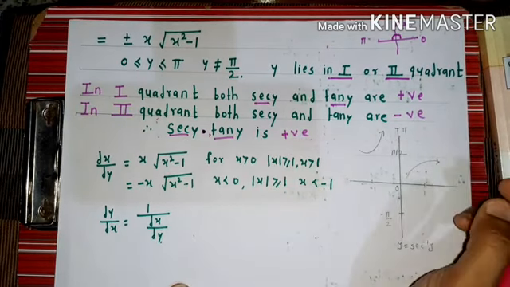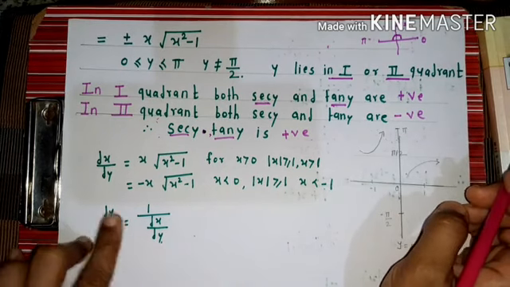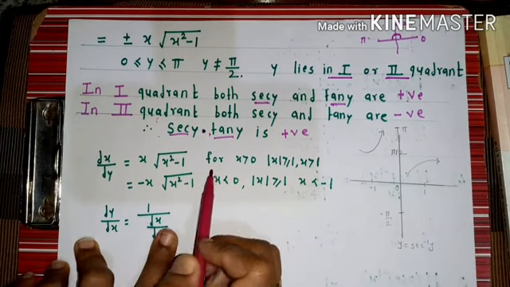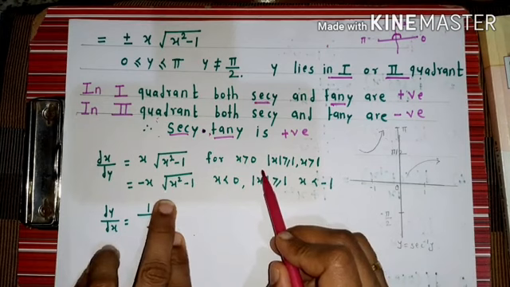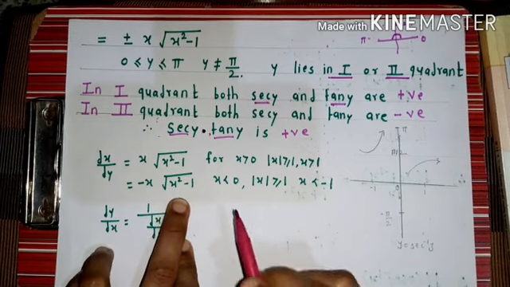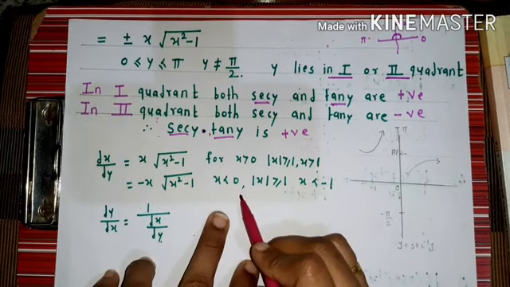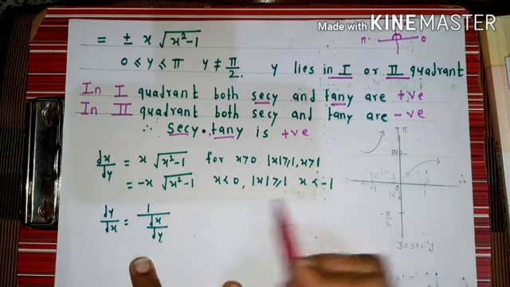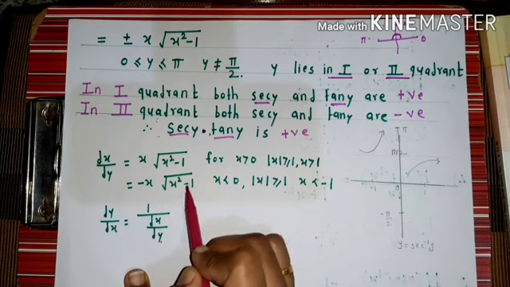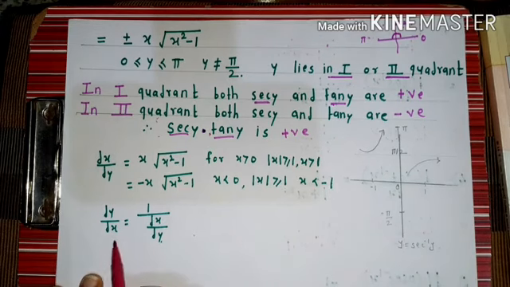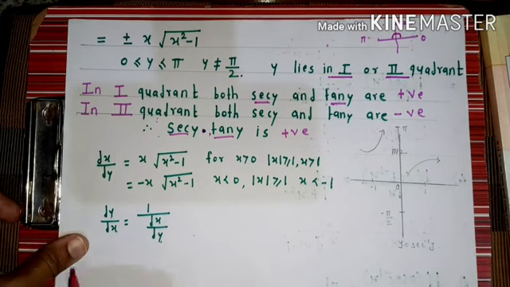The product is positive, and that's why now dx by dy equals x into square root of x square minus 1 when x is greater than 0, mod of x is greater than 1, obviously that is positive. But when x is less than 0, mod of x is greater than 1 and x is less than or equal to minus 1, that is minus x into square root of x square minus 1. And we know that dy by dx equals 1 upon dx by dy. Put the value here and we get